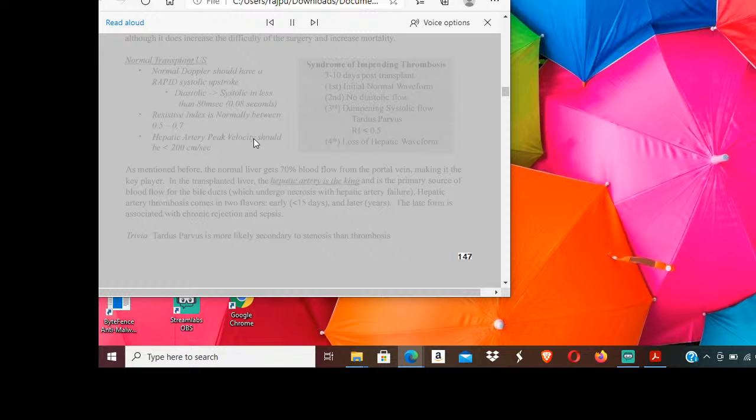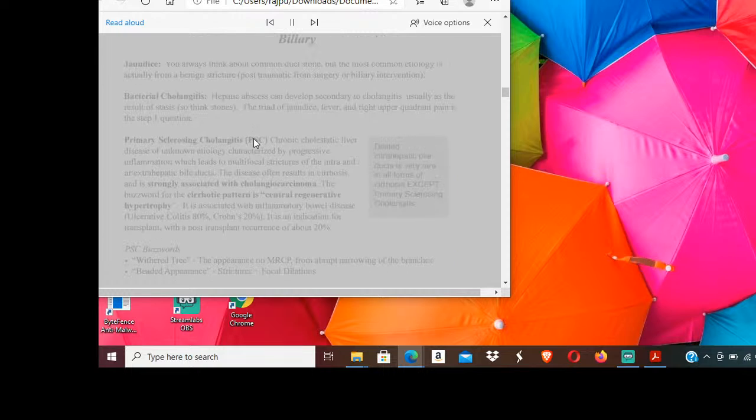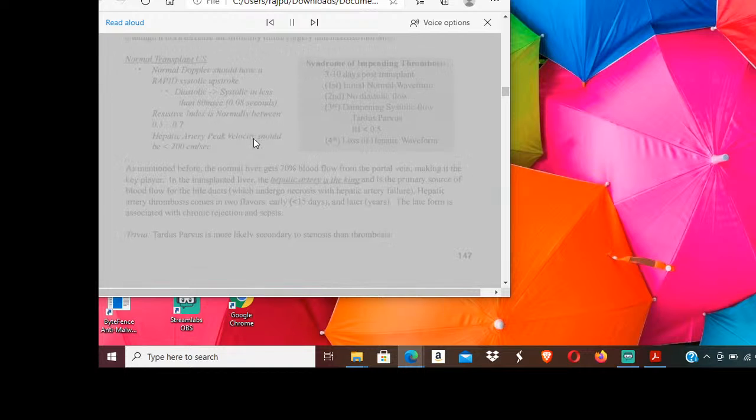147. Biliary jaundice. You always think about common duct stone, but the most common etiology is